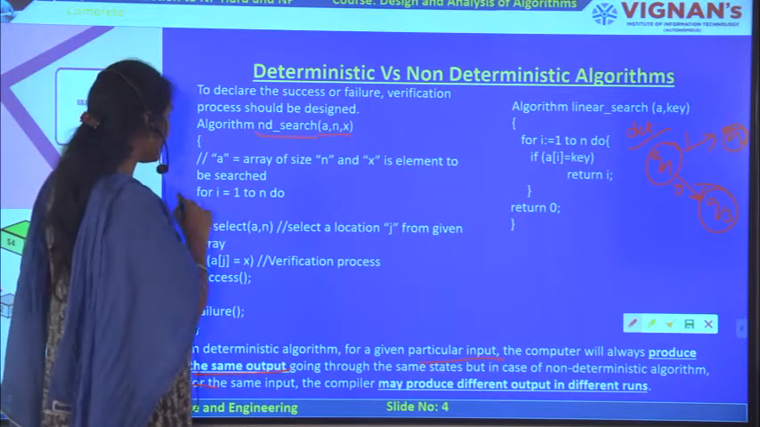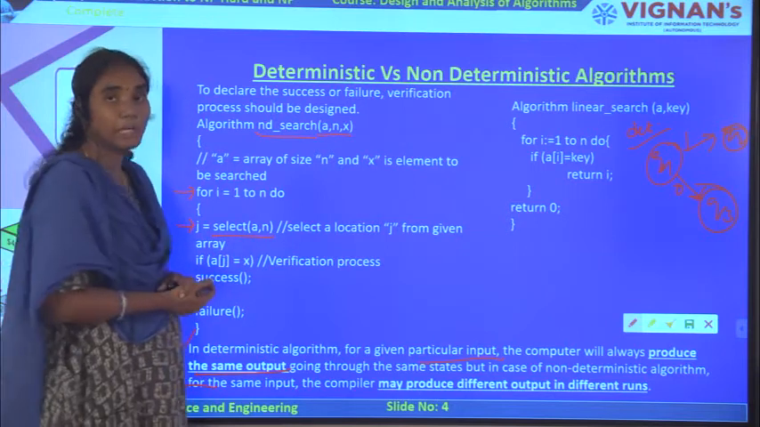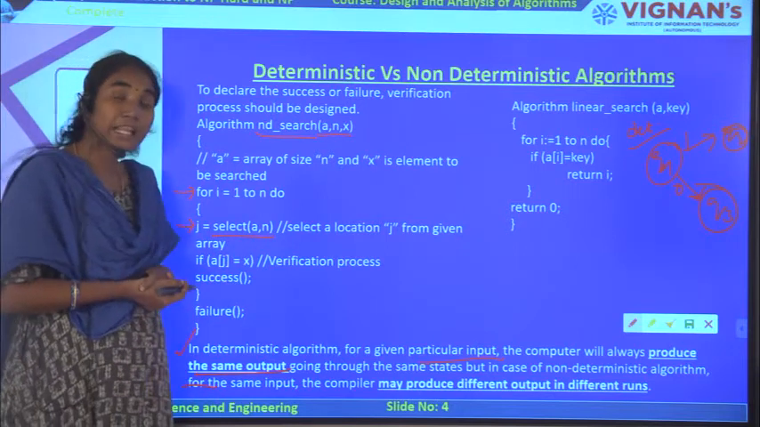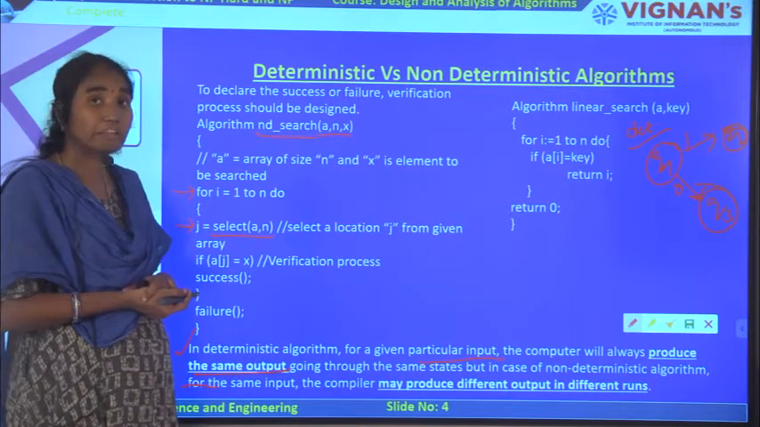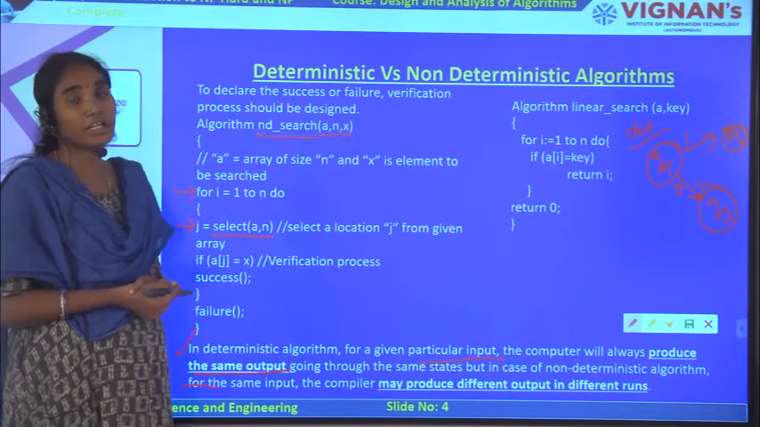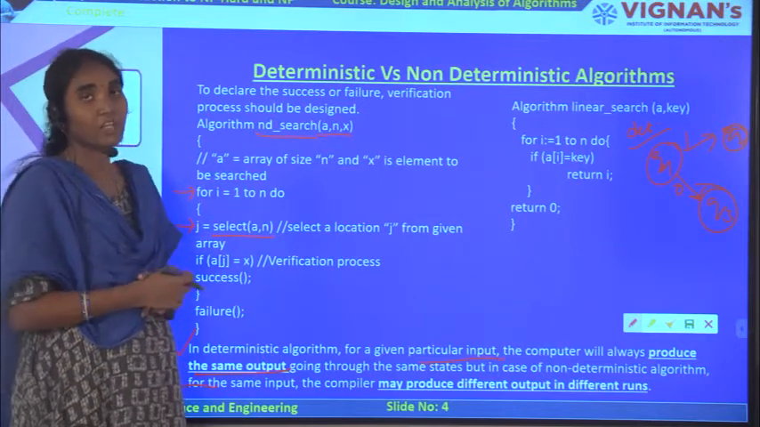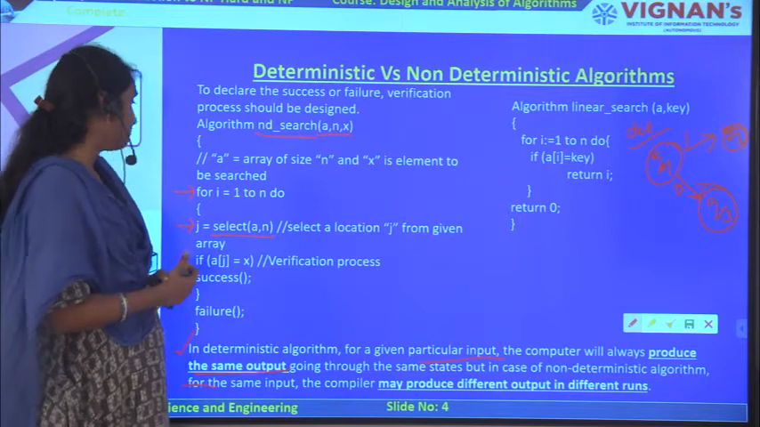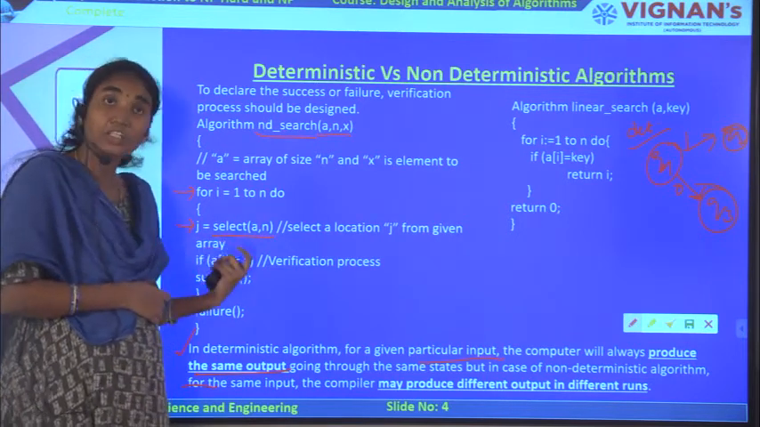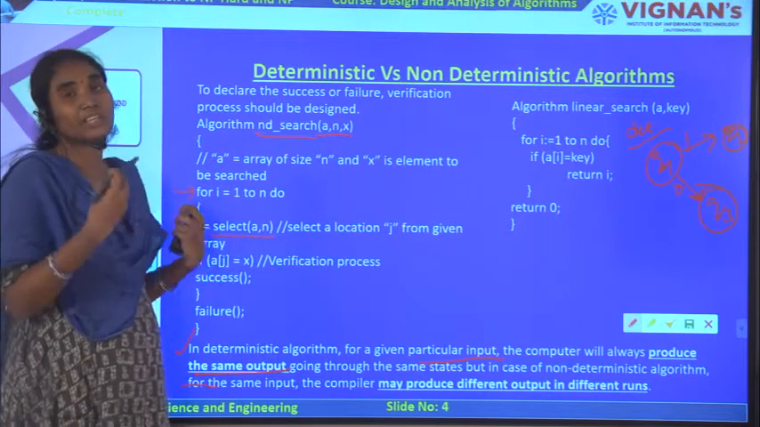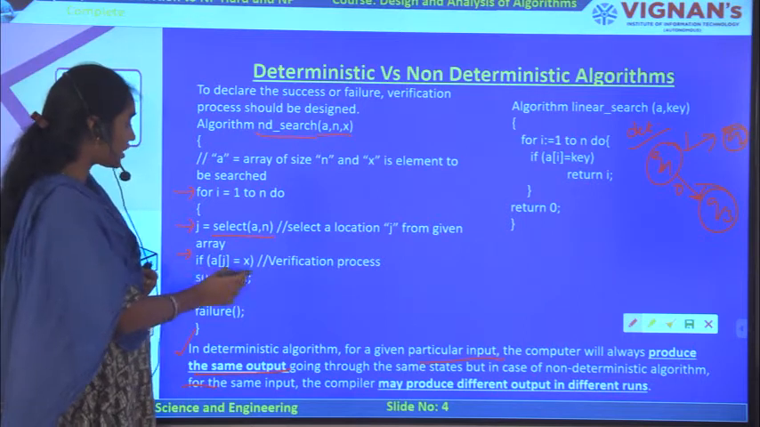Now for i equal to 1 to n, what I am doing, j is equal to select of A, n. So here this select function or choose function or choice function is going to return the corresponding index position or the location j from the given array, or the position of that corresponding key element. Okay, so if A of j is equal to x,